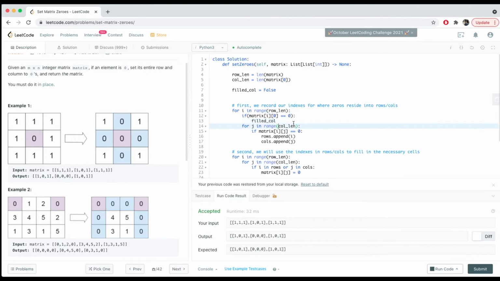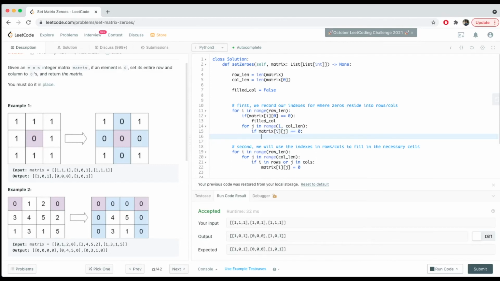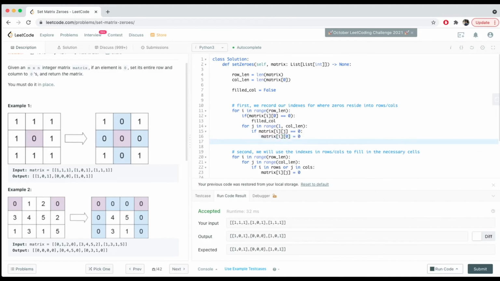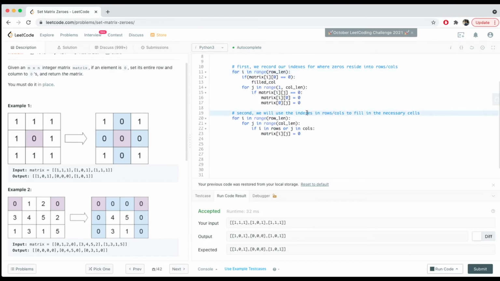And since we are dealing with the column later on our own, we don't want it to be filling in zeros ourselves. And so if the current cell that we're on is 0, instead of adding it to our rows and columns, we are simply just going to make the first element in the column that we're on to be 0, first element in the row that we're on to be 0. Okay, and then on our second iteration, using this information,